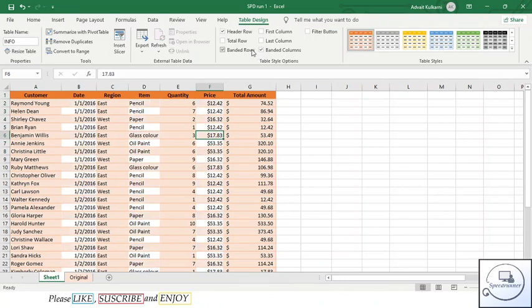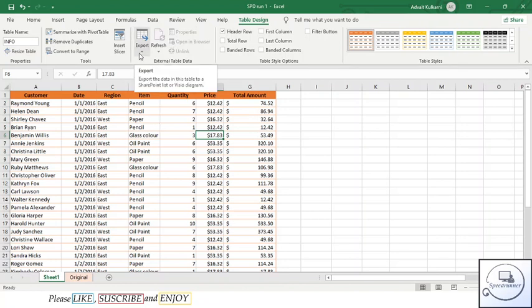If we add both banded rows and the banded columns, the result will look like this, and after removing both of them, it will look like this. So this is all there is for us to learn now. There is one more option, export, but like I have said, exporting the data in this table. We can export this table to other sources or other Excel sheets.